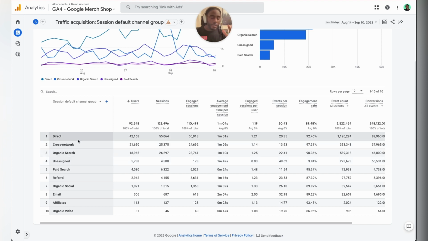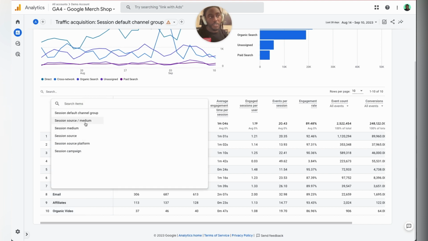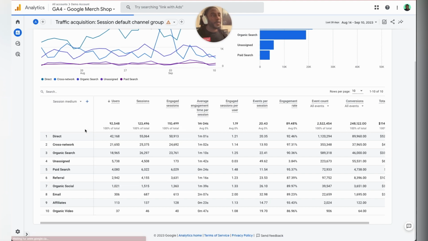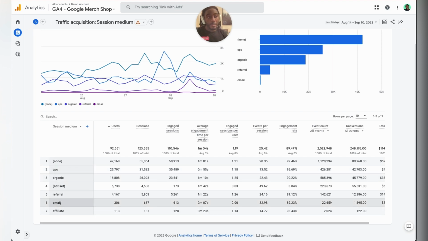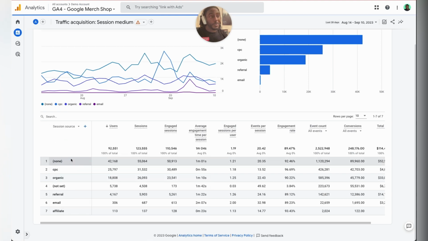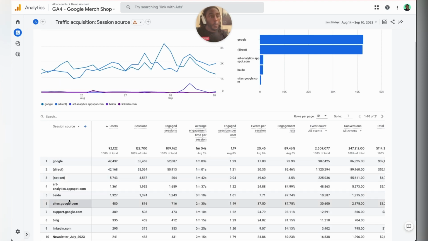But if you're anybody who likes the old UI view, don't fret. We could bring that back. That's where we're going to click on the drop-down menu here. You're going to have your source medium view, your medium view, or your sources view. I'm going to click on medium to bring back a familiar view. So here we got the basic CPC, paid ads, organic, things, traffic coming from emails, referral, and so forth. And you can do the same thing with source to get a bit more information on what pages and what